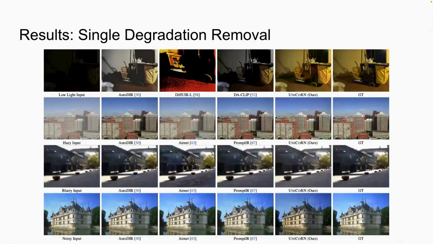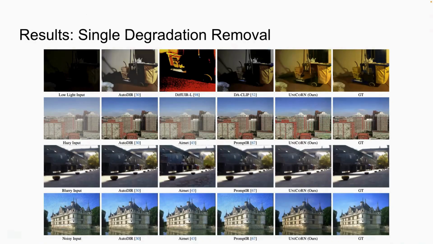And we show these examples here as well. Once again, this first row is a personal favorite for me as well, where we have this severely low light input. Hardly any structures are visible, and we see that these prior methods all fail to faithfully recover the lighting conditions, but UniCoRN is able to not only recover the lighting conditions very faithfully, it is also able to even reconstruct the shadow and everything, which I think is pretty cool for our model, and also preserves the structural fine-grainedness for these hazy and blurry and noisy inputs. And once again, the credit goes to these low-level estimates, which helped us to preserve these fine-grained details in the first place.